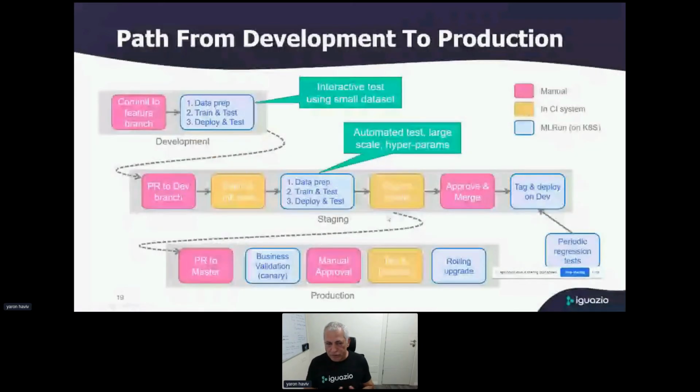And when you're thinking about how to really automate this entire flow of development and moving to production and staging and so on, this is an example I created based on some work with different customers. This is how they're using it. Again, you can have a different approach. Everyone has different philosophies on that. But in general, we separated it into 3 different stages. The first stage is development. Someone works on his laptop or on a development cluster, and he commits, he creates a branch of the overall